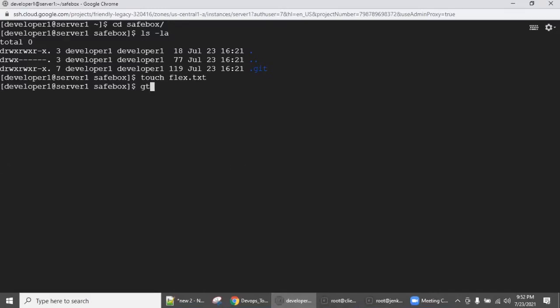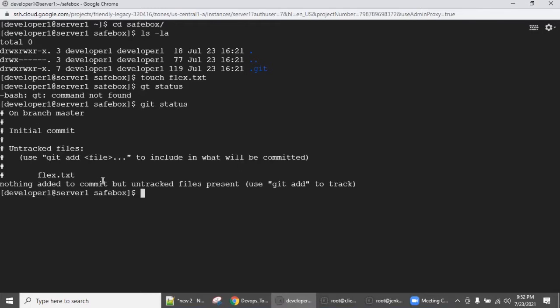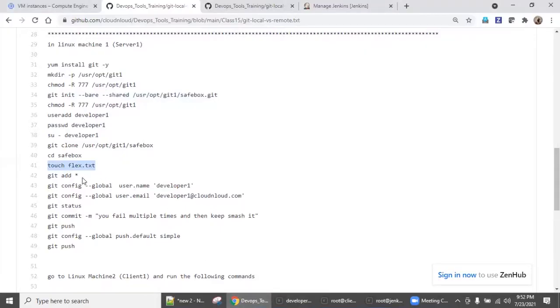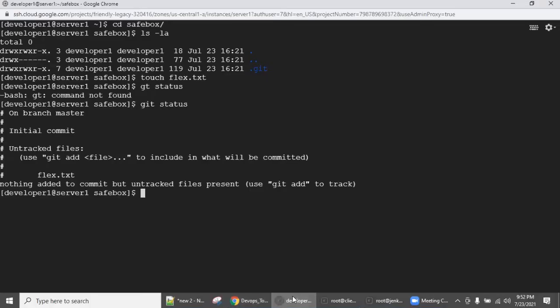Always run git status. Sorry, there is a typo, status. This means there is a file, but it's not tracked. So go for add. You can use a star, which means everything, or give flux.txt.